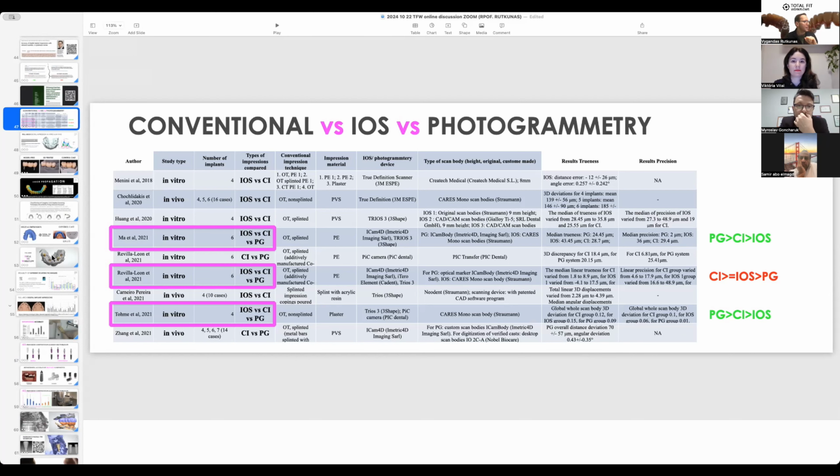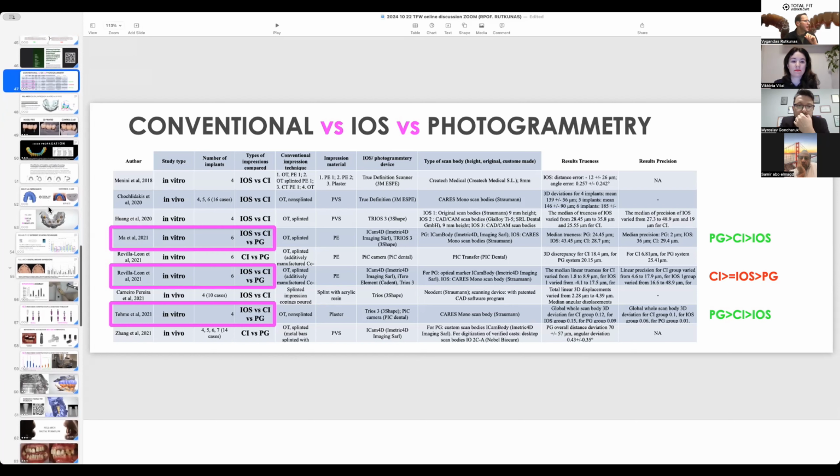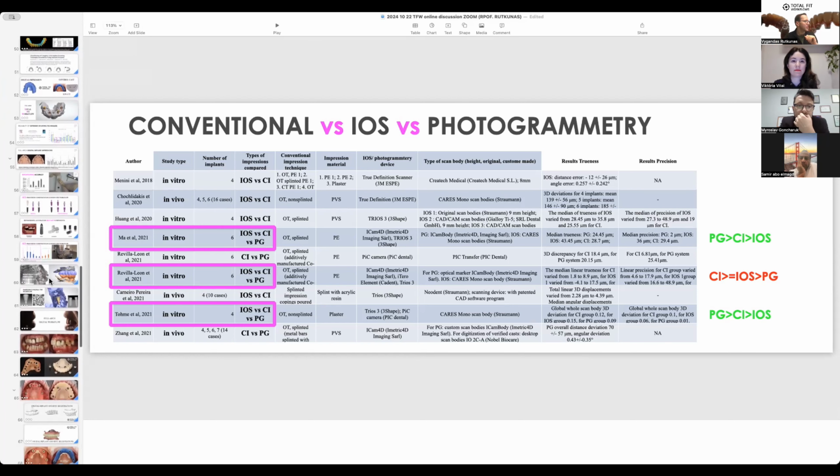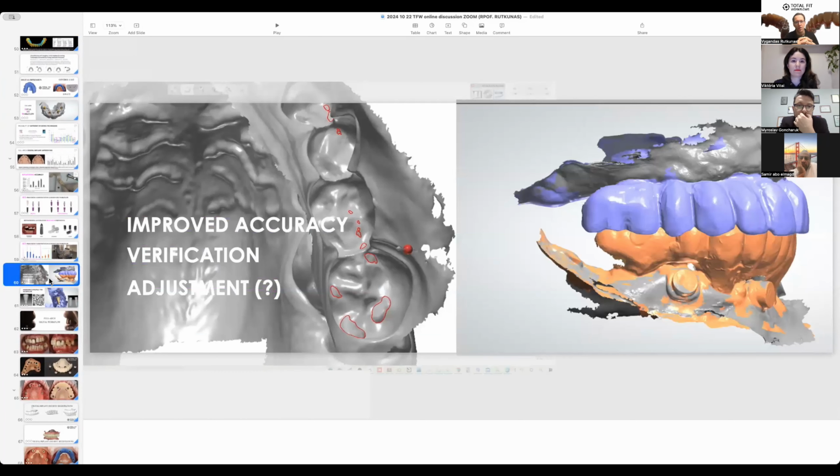Another thing, which is not covered enough, is the accuracy of bite registration. Now we see the number of publications is increasing on this topic, and we are also working on this. So I think these are the main challenges for the intraoral scanners.